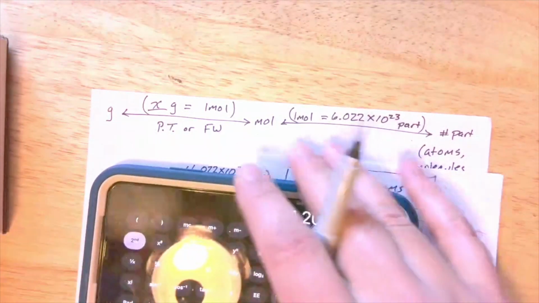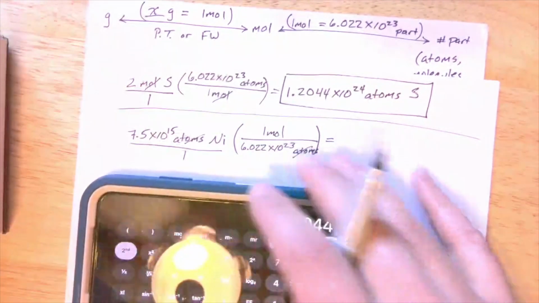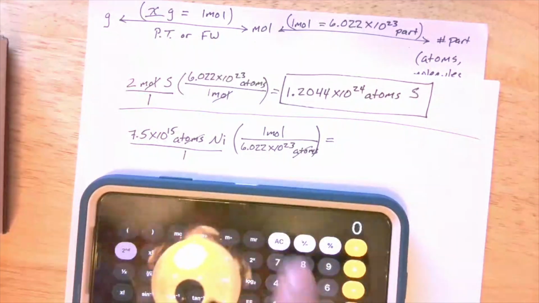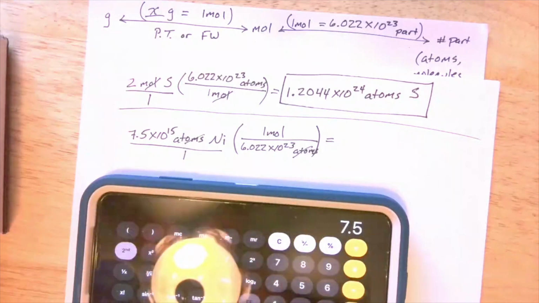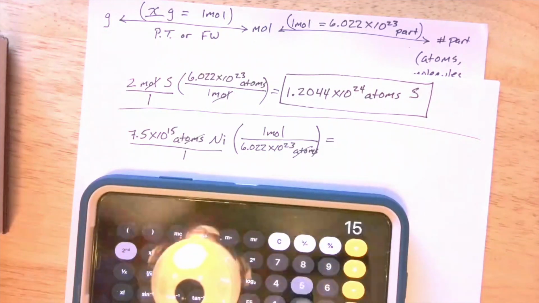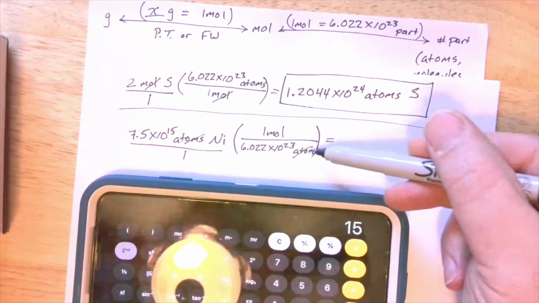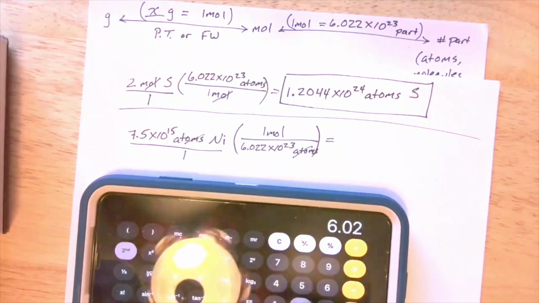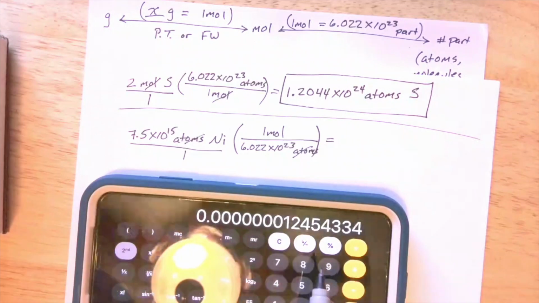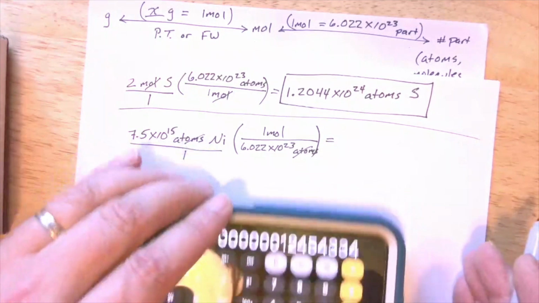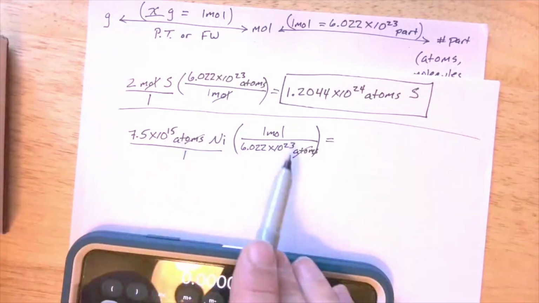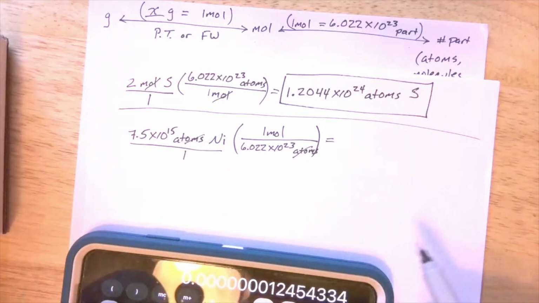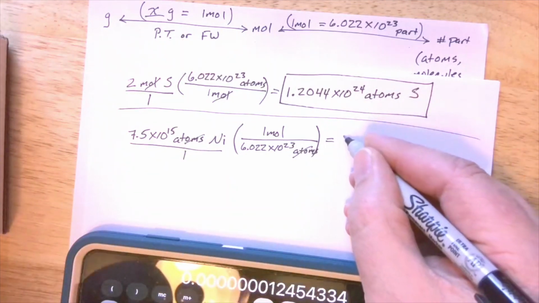So the first part is 7.5 EE 15, and I'm going to divide it by 6.022 EE 23. And you get a really small number here, because this number of atoms in comparison to a mole is a very small quantity. So this is